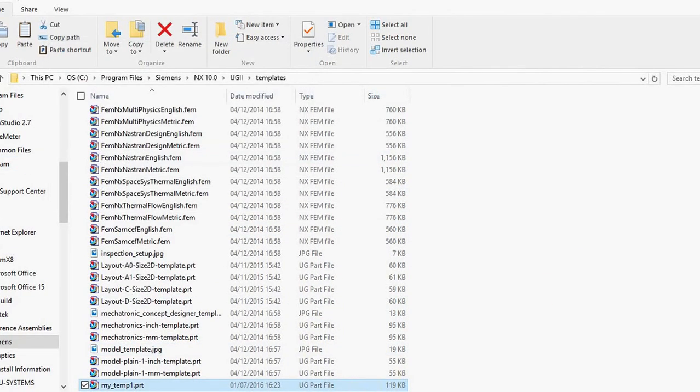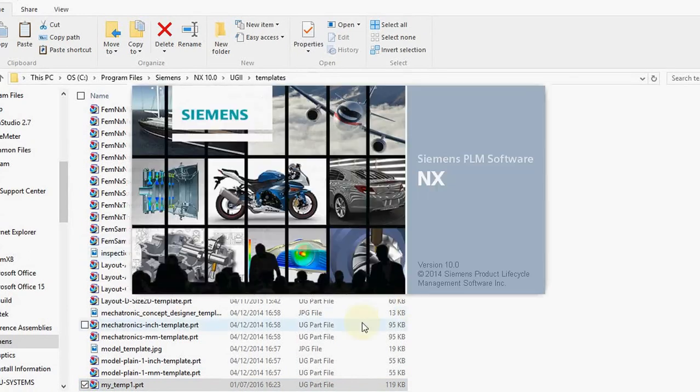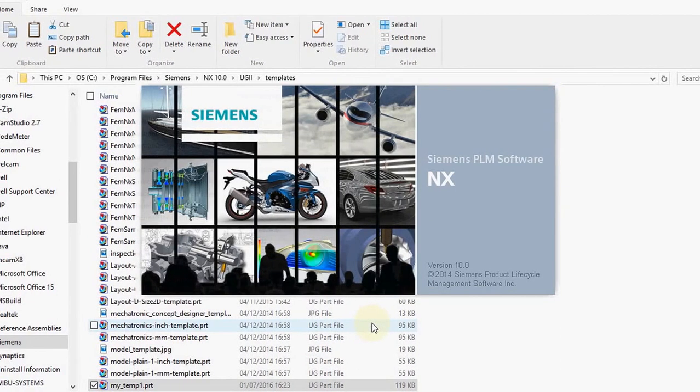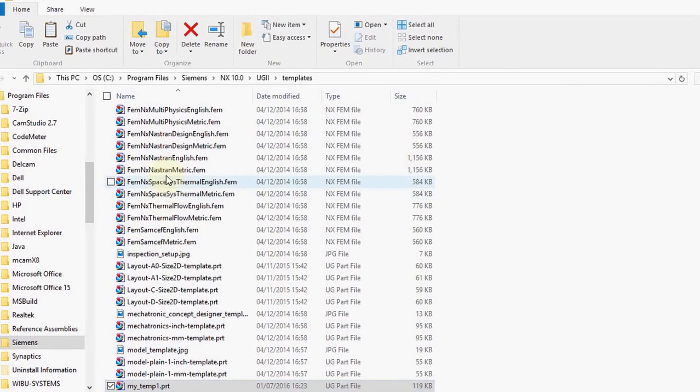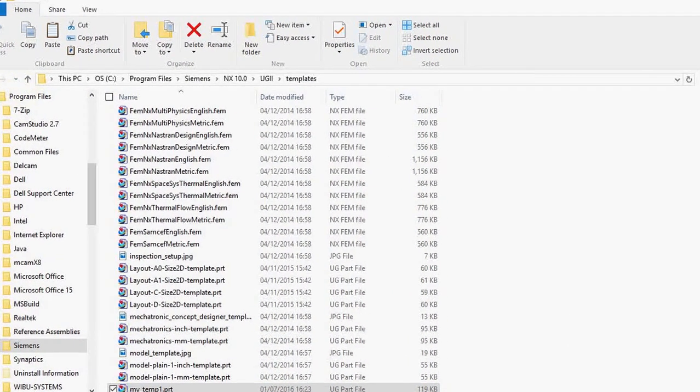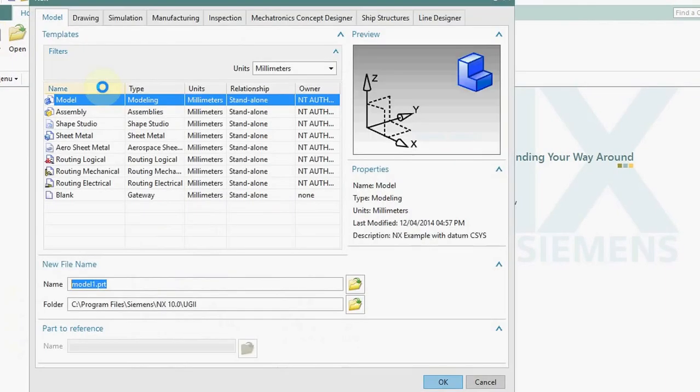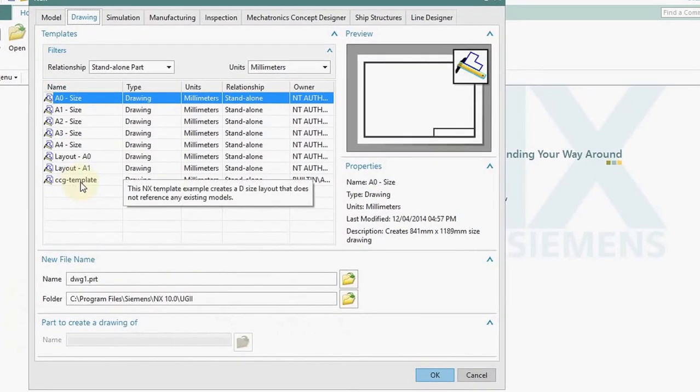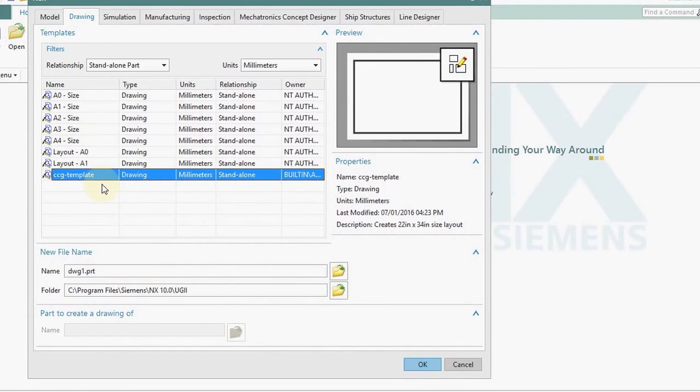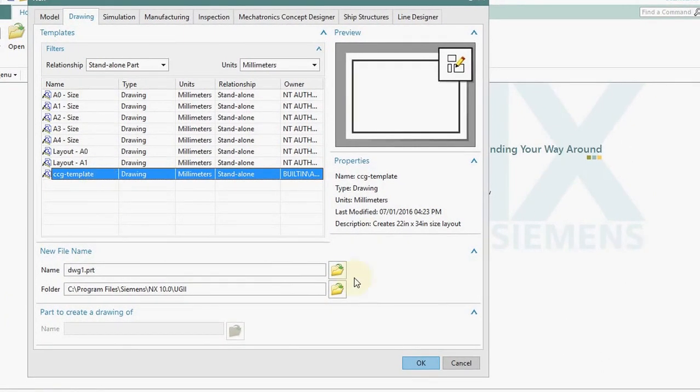and then I have to restart my NX again. Now when I create a new file from NX, you make sure that you restart your NX, because if you don't restart it will still be calling the old values from the system. So now when I create a new file from NX, under drawing, over there the CCG template is listed. Just say OK,